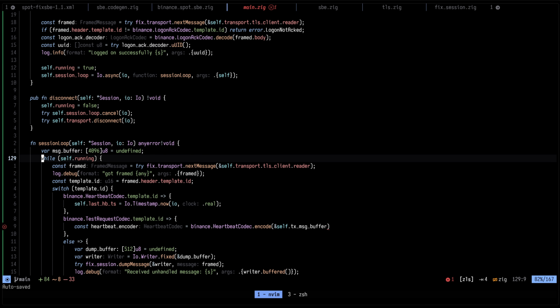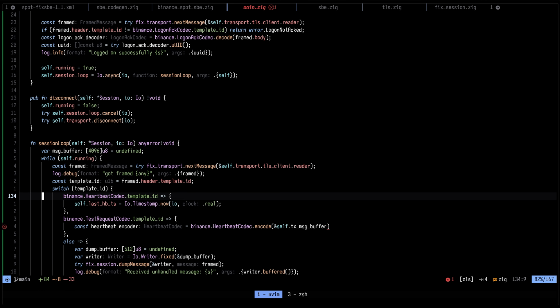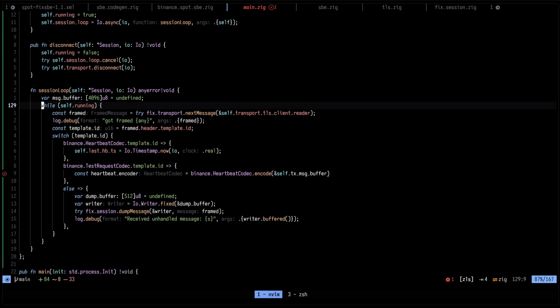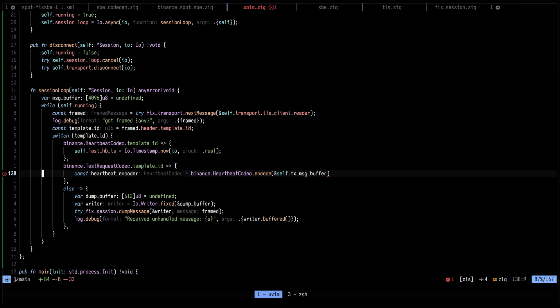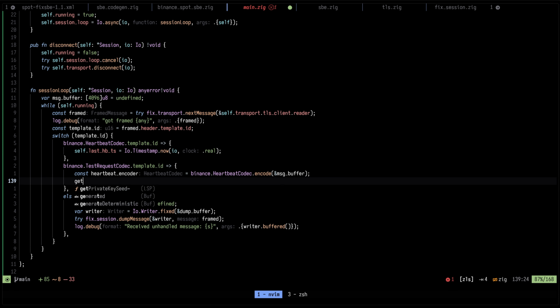And you know what, since in the session this is single threaded, we can actually just have one single reusable message buffer up in here. And we can do message buffer. So we are going to encode into that message buffer. We are going to get heartbeat